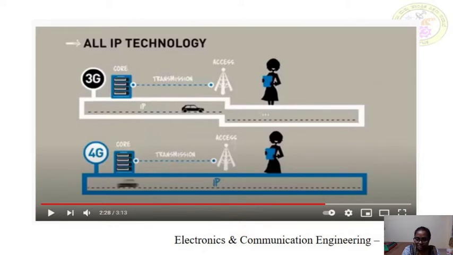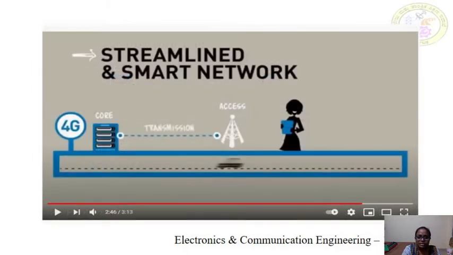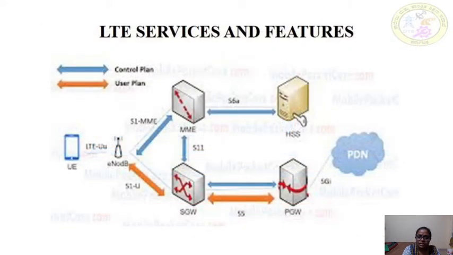all the messages, voice and data are in IP form, that is internet protocol form, and it is very easy to transfer data. You can see how easy it is to transfer data in 4G LTE. See, this is an architecture of LTE where the information or data or voice or video has to be converted into IP form, that is internet protocol form, and that has to be transmitted